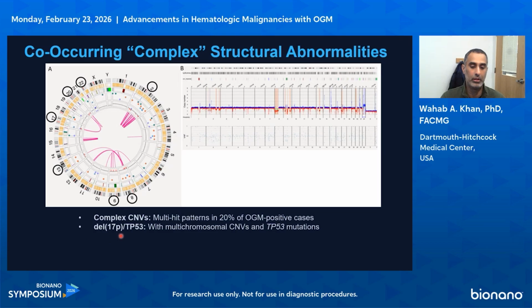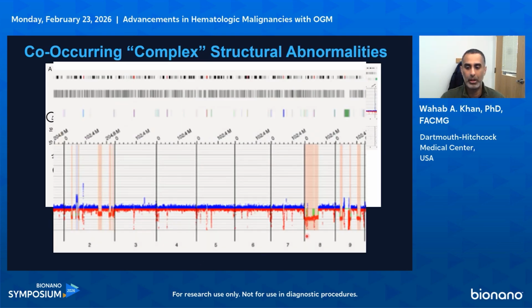And we also noted the loss of TP53 being a recurring theme in these with other multi-chromosomal CMEs. And so you kind of see this almost like chromothripsis-like event on chromosome 2. The circles here just implicate the chromosomes that are involved in these rearrangements. And then just to zoom in on the copy number plots, you'll see the chromothripsis-like profile